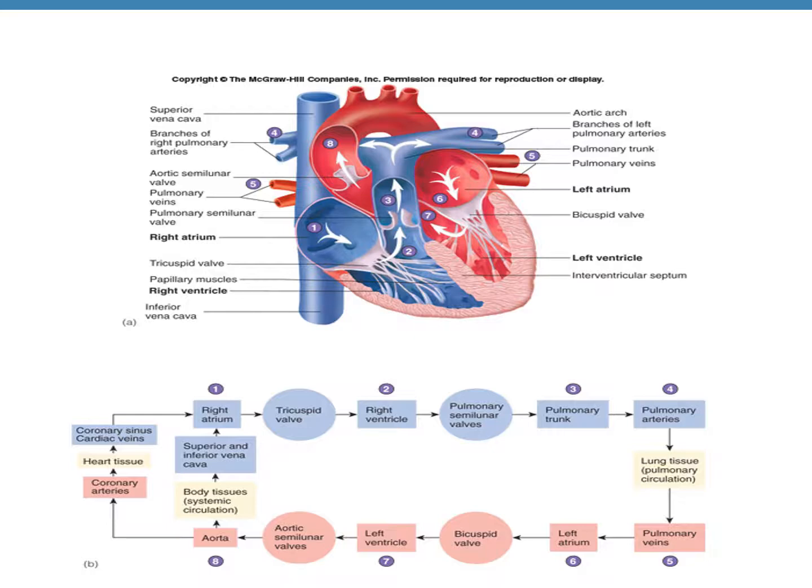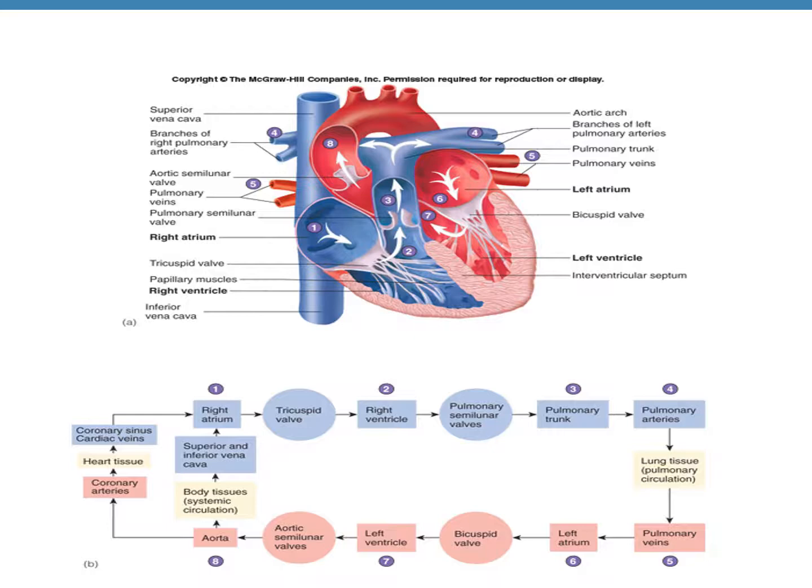There is the superior vena cava that is bringing blood from the head and the neck region of the body. There is the inferior vena cava that is bringing blood from the inferior parts of the body. And the third one, which most books will not tell you, it is not mentioned everywhere, but remember this, there's also a third blood vessel that is bringing deoxygenated blood into the right atrium. It is known as the coronary sinus. So the coronary sinus is bringing deoxygenated blood from the myocardium. So these 3 blood vessels are draining blood into the right atrium.